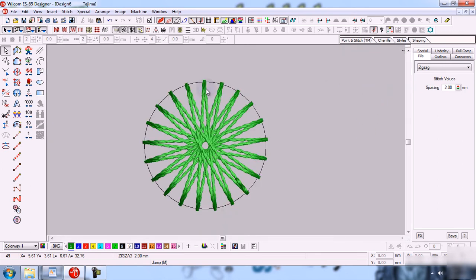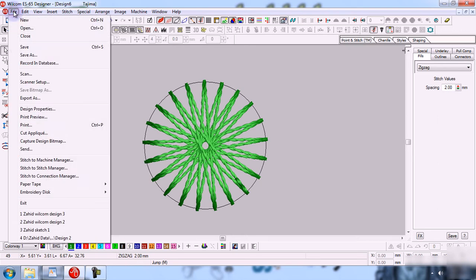So now how can we save any design? To save any design you have to click on the file button. A drop down menu will show and then you have to click save. If you are saving any design for the first time, you can save them with save or save as, but you have to give an address because you are saving this design for the first time. So it makes no difference whether you click on save button or save as. You must save as the first time.